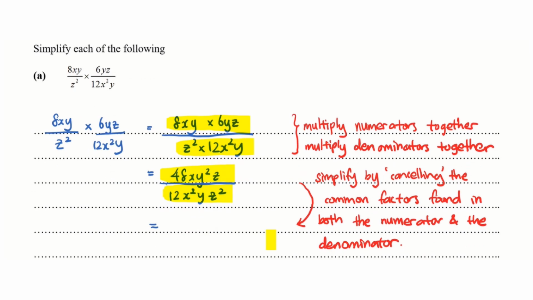To complete the question of simplifying, we will next simplify by cancelling the common factors found in both the numerator and the denominator. So what this means is that we do the cancellation between 48 and 12,